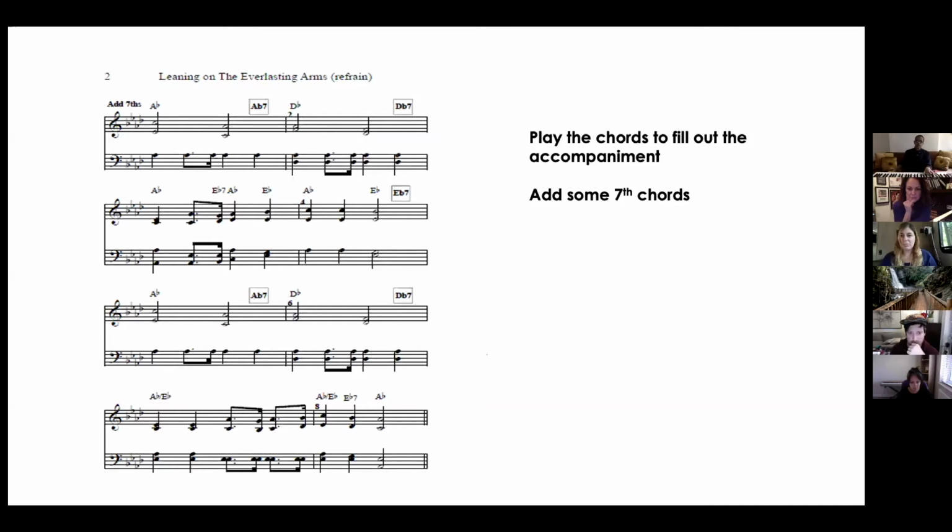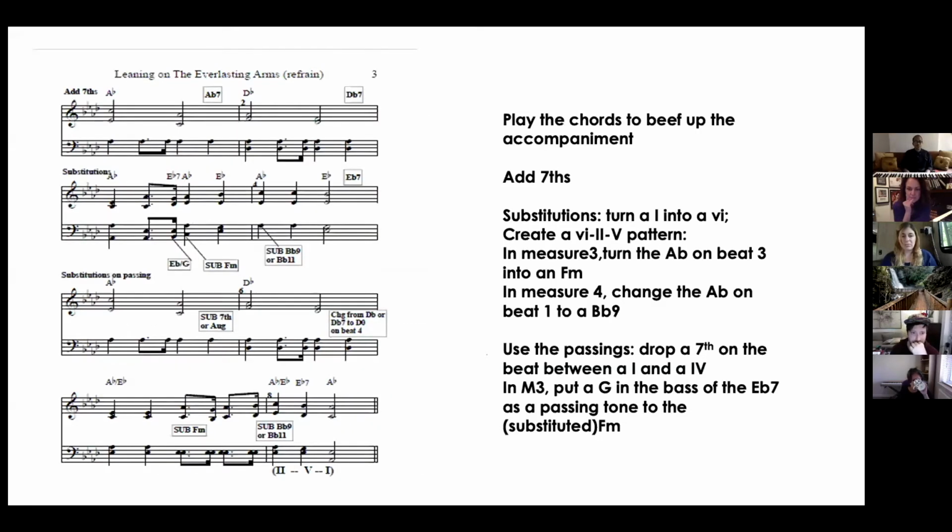So now we're going to do some substitutions for fun. So we're going to keep our chords, we're going to keep our sevenths. If you look down to the second system, to beat 3, we're going to substitute that A flat for an F minor. So from the top, it would sound like this. And I'm going to walk down,